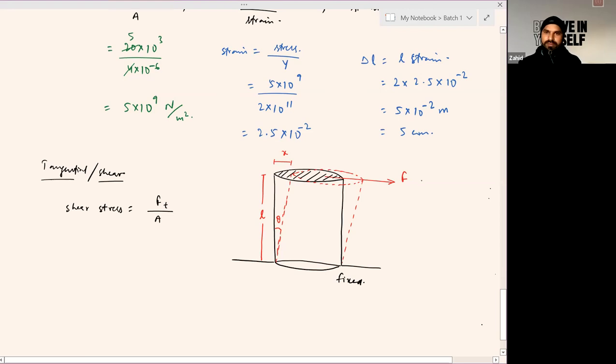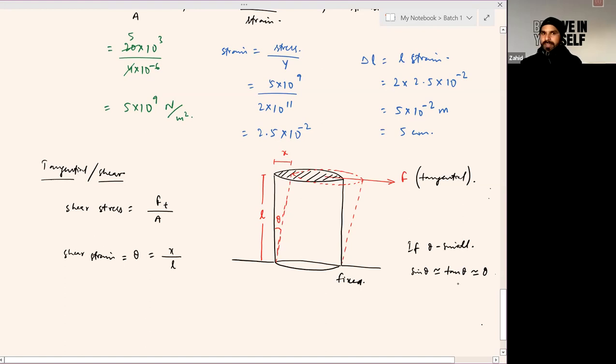This force should be tangential. The corresponding deformation is called shear strain, and it is just theta, or theta equals x by L,